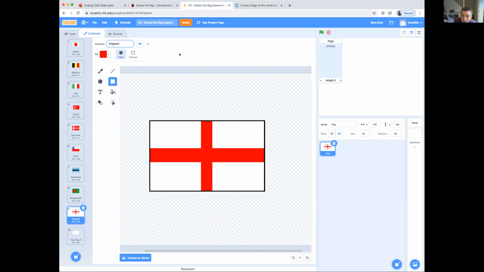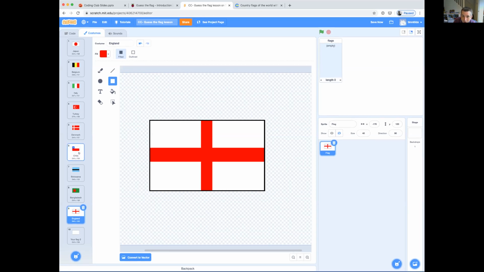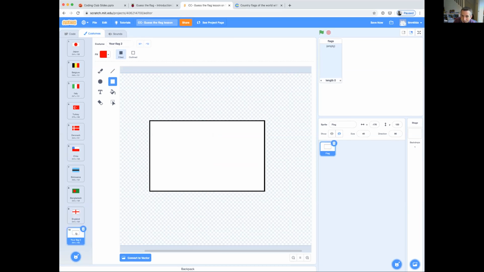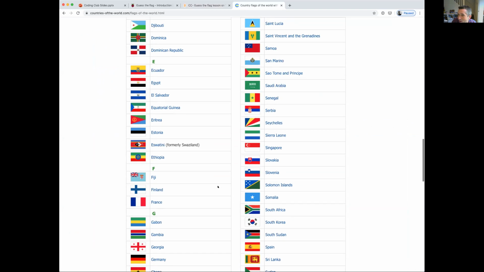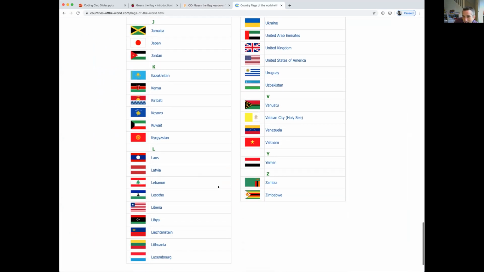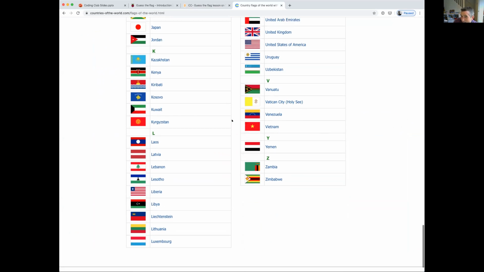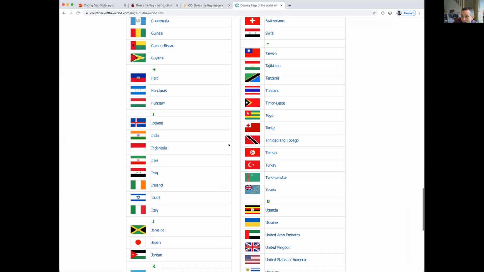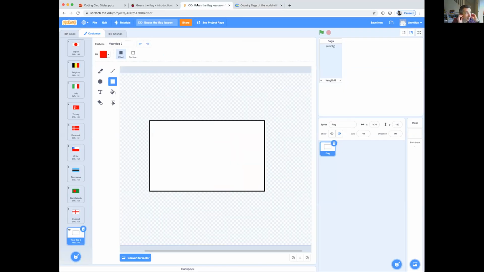so we can do it next time. Once you have done that, we're going to do exactly the same thing again and design a second flag. Now, again, you can pick a country from our list, pick a flag you know, pick something easy to draw like Vietnam, pick something crazy hard to draw like Tuvalu, or I'm going to do something different